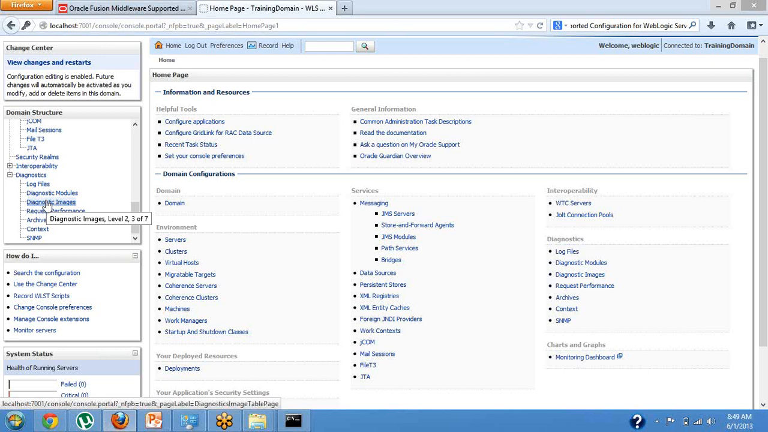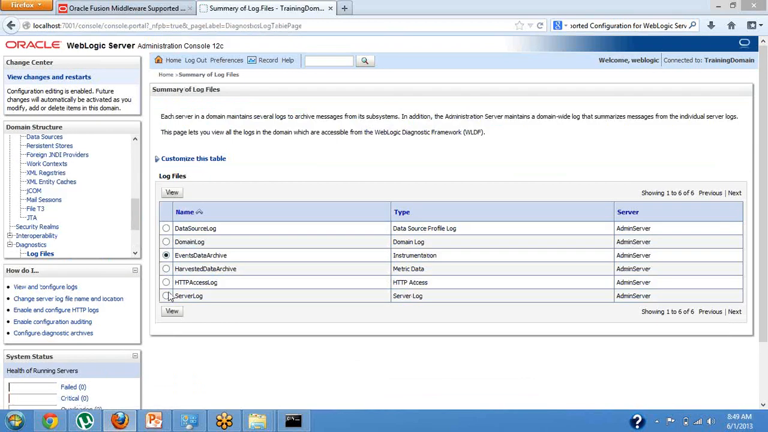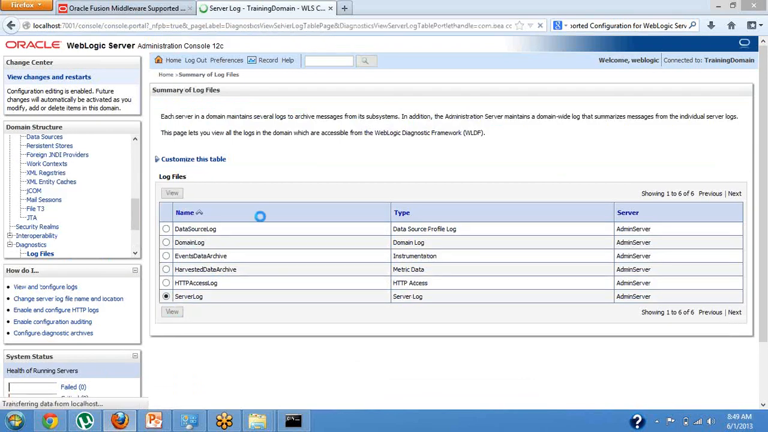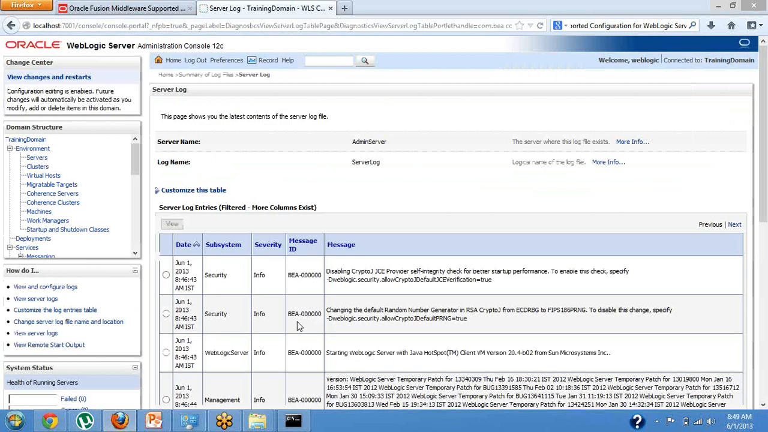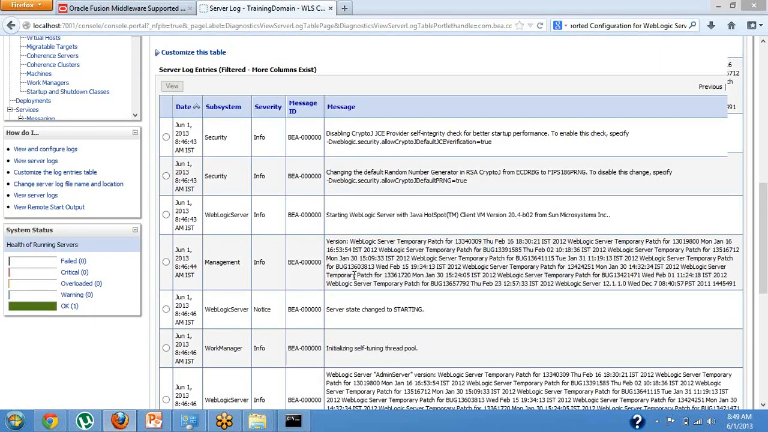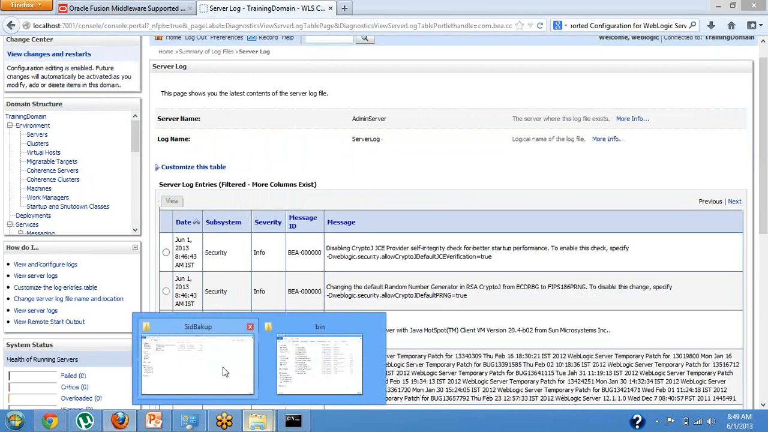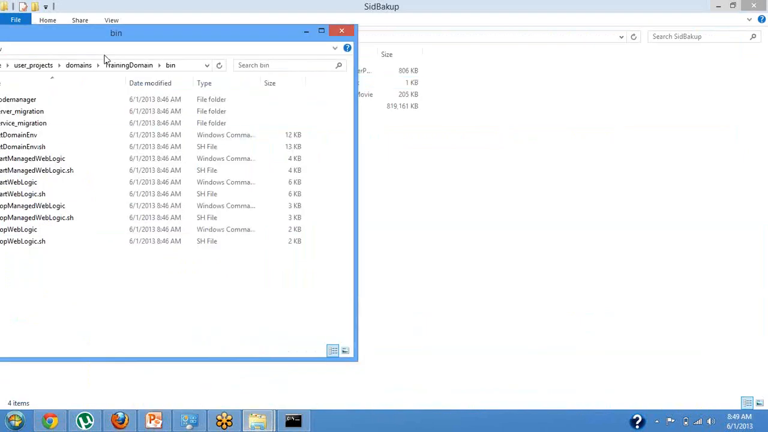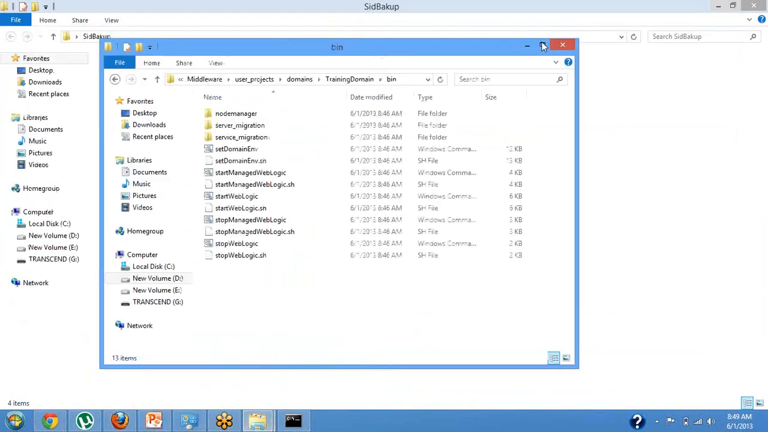Whatever this kind of error, we will be looking into the log files. We can look into the log files like this, but you can also look into them here, in the directory structure. For example, if you go here,